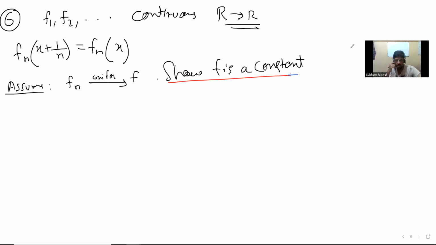So we want to show that F is a constant function. Basically, we want to show that the image of F, everything is just the same, so there is only one point in the image. The way I see it is that you just take two arbitrary points, x0 and x1. And what you really want to show is that if you take